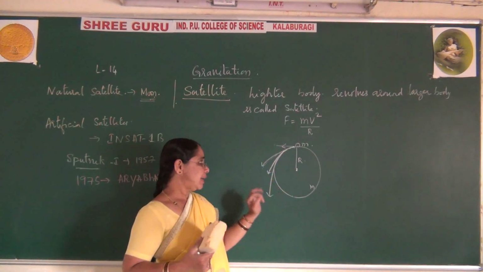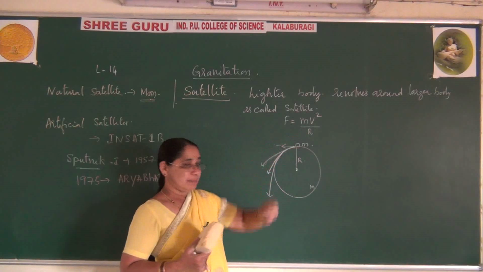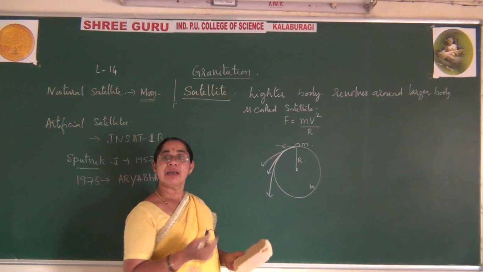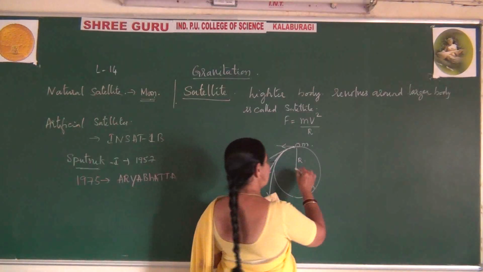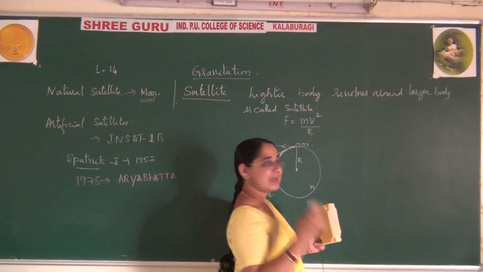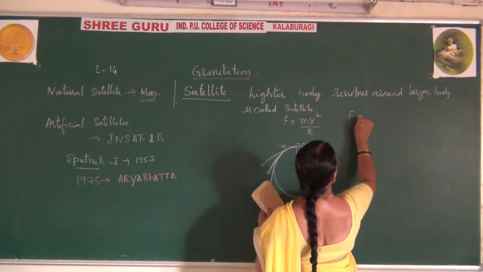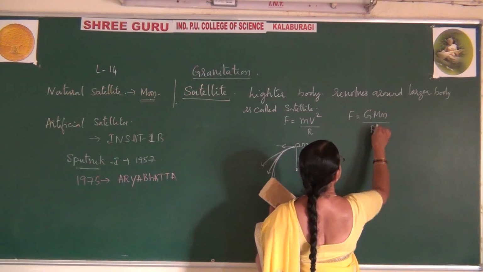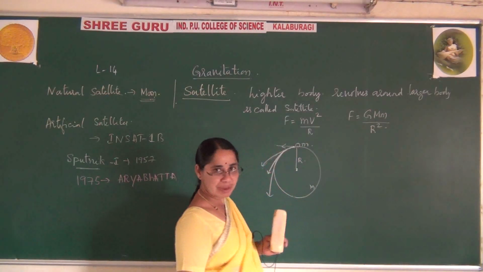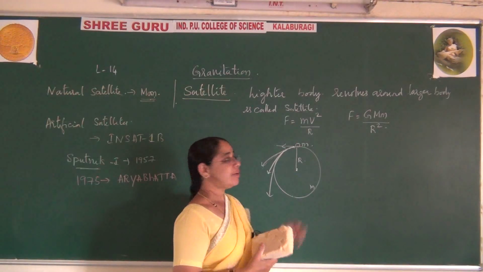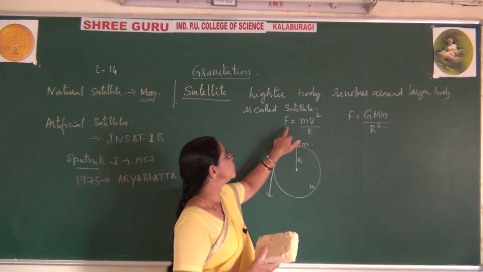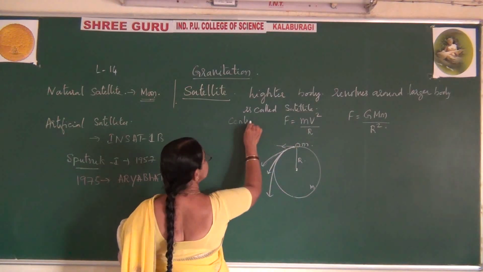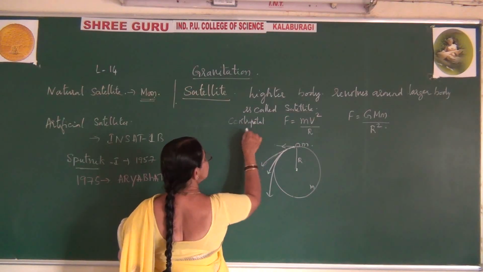But remember, at the same time, there is a gravitational force of attraction between them. According to Newton's law of gravitation, we have one more force between them, that is nothing but the gravitational pull of the earth. What is this? F is equal to capital G, capital M, small m, divided by r square. This is one formula we have, right? Regarding the gravitational force of attraction between them. This is due to centripetal force. So, we call this centripetal force, the one which makes the object seek towards the center.